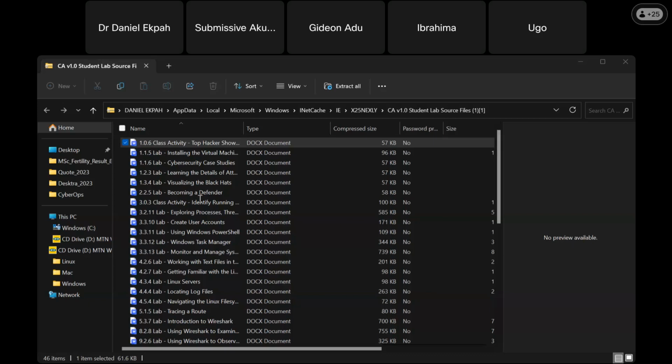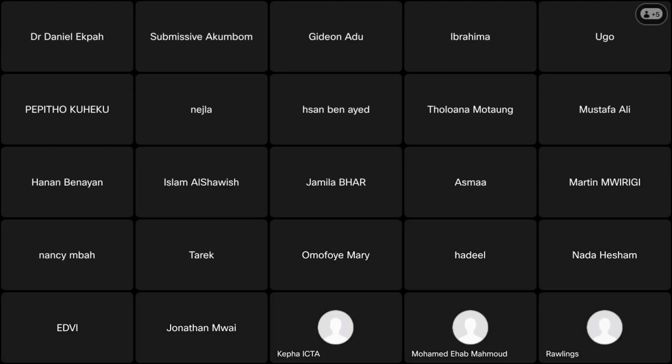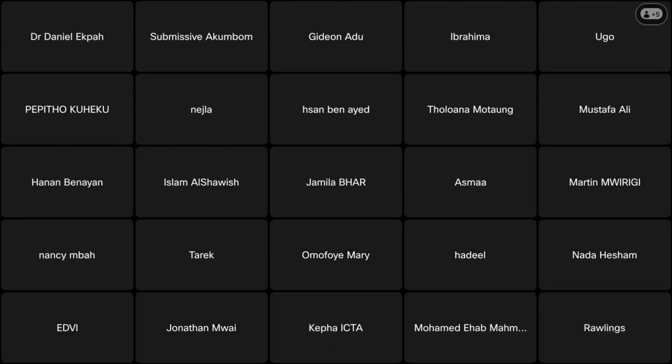For some folks, it's best to just answer it directly on their screen. And then once you write it like this, you can save it as a file, put it in a folder, and then send it to me. And you can see this: how do you think this particular hack could be mitigated? So you just want to get your own opinion, just like you would like to get the opinion of your students once you're teaching them a CyberOps class of this nature. Now, that's what the first one is all about, which we really want to hear from you and know what your responses are. Now, if you look at the second